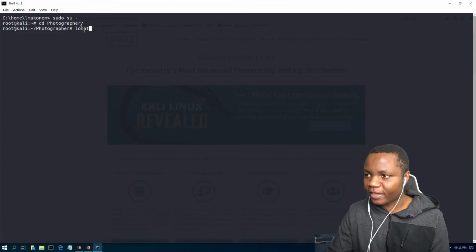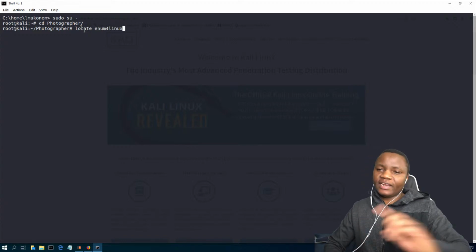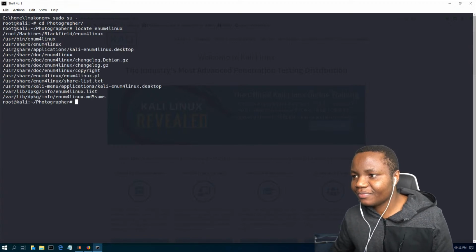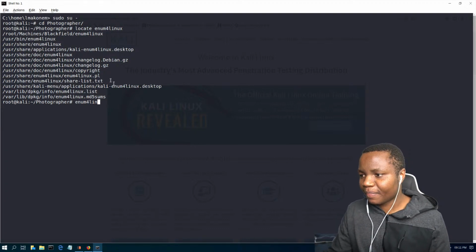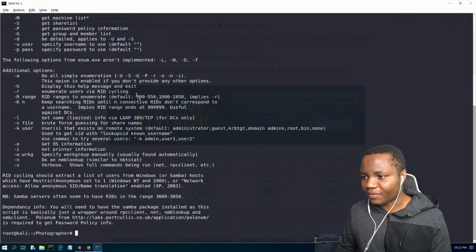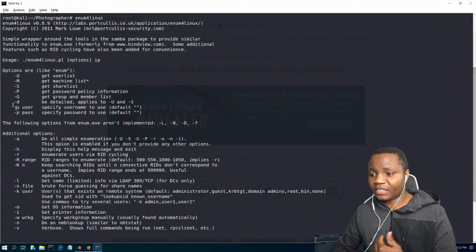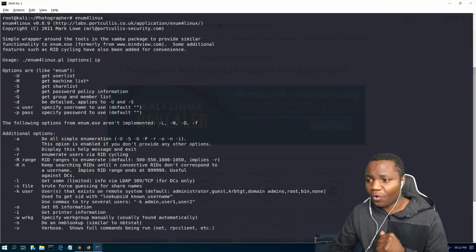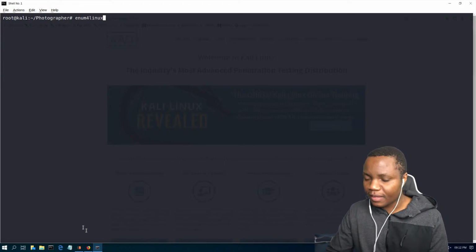Okay, so let me first locate my enum4linux. I'm a little dyslexic between Linenum and enum4linux. They mess with me. All right, so there we are. So I should be able to run it here, and I'll explain what it does. If you just do that, we see that we get a bunch of options here. We can use enum4linux to enumerate a lot of things, and one of the best things that I use it for is when I see SMB client, whether on Windows or any shares really, it's really good for just testing them. And in this case, if we say enum4linux and put the IP address here,